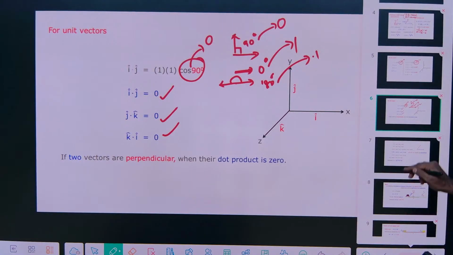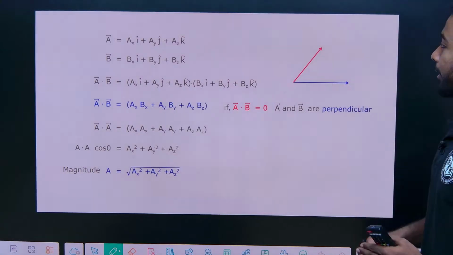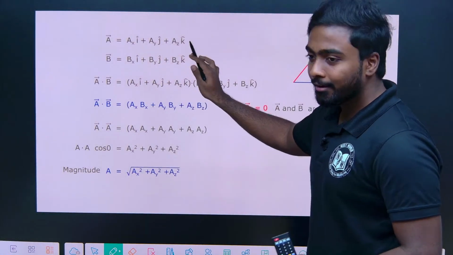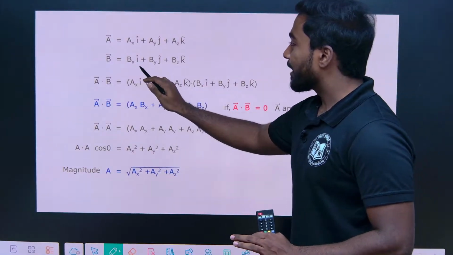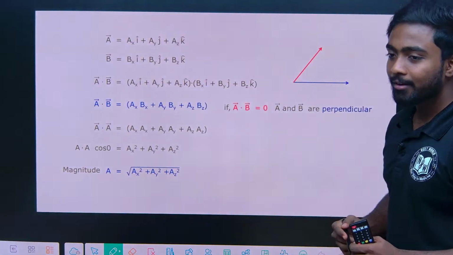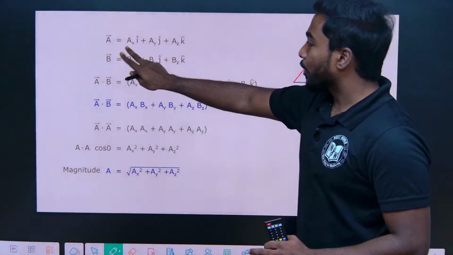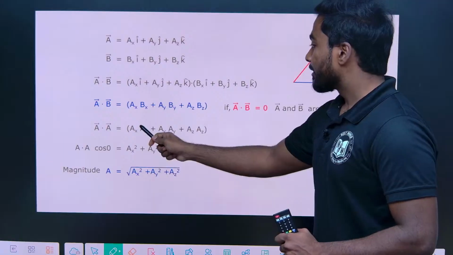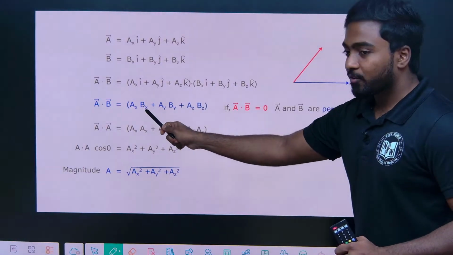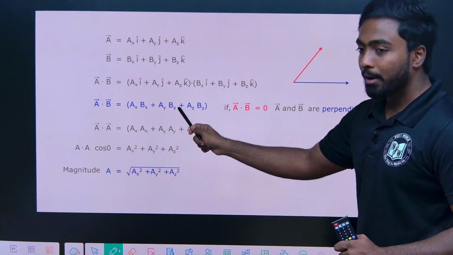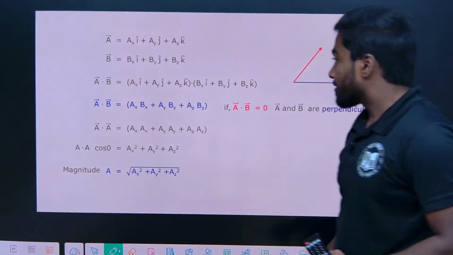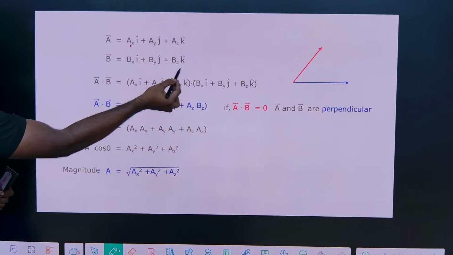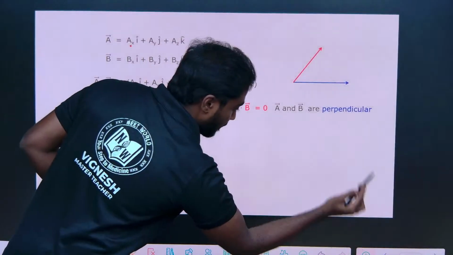Done? Yeah. Now I am taking a vector A as ax i cap plus ay j cap plus az k cap, and B equals bx i cap plus by j cap plus bz k cap. When I take the dot product of both of them, we'll get the resultant as ax bx plus ay by plus az bz, because if I take this and multiply with everything, for example